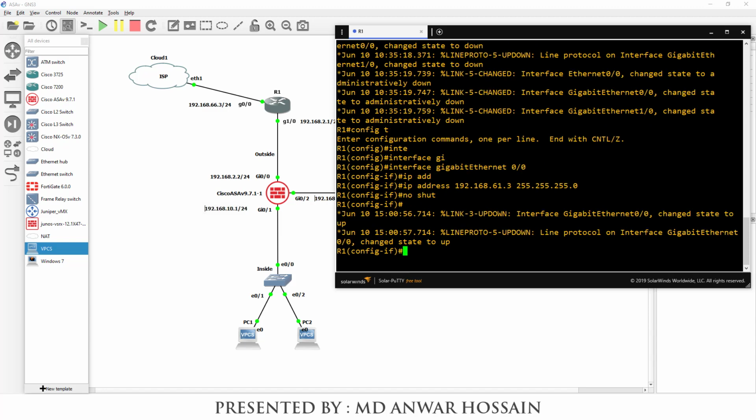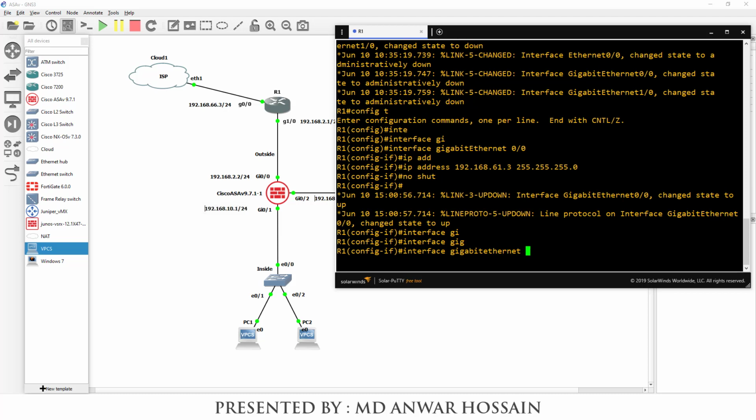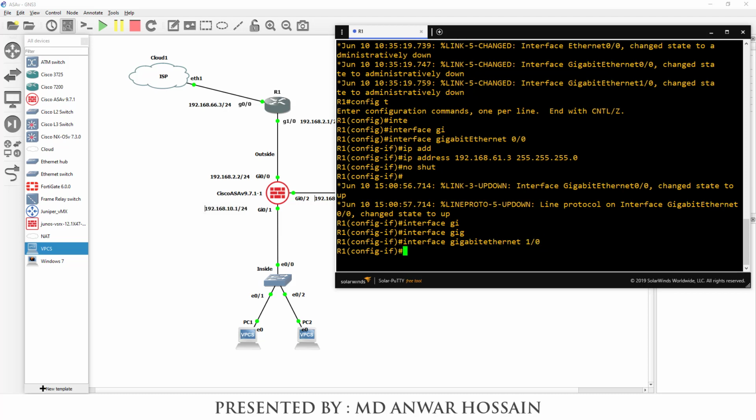Now we will assign an IP in gigabit 1/0, which is connected to the ASA firewall. Interface gigabit 1/0, IP address 192.168.2.1, and the subnet mask followed by 24 bit of mask, 255.255.255.0.